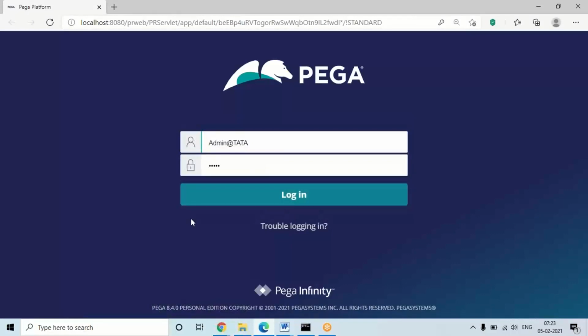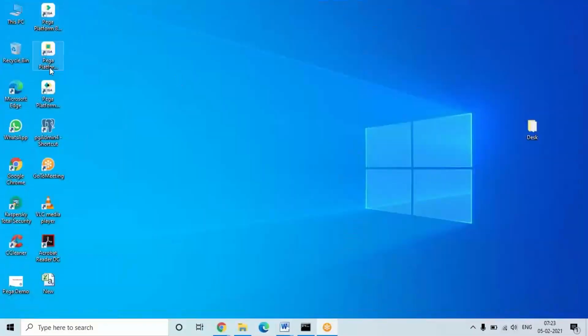What is the default browser it is set, so in the browser it is going to display this screen. So it is the login page. The login credentials and all, I'll discuss in the next session. So like that, these three icons will be created whether the installation is a success or unsuccessful, also it will be created.